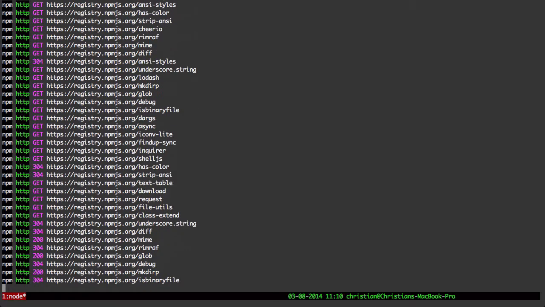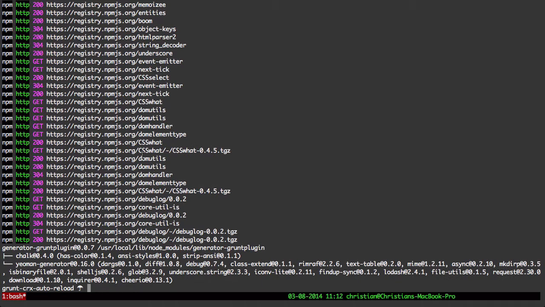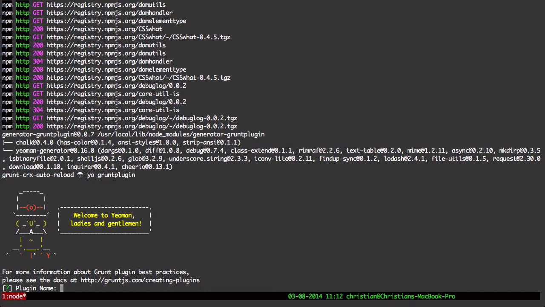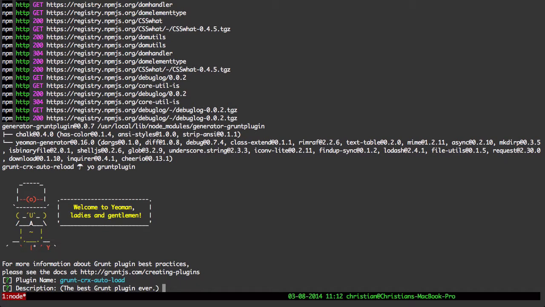Okay, it's going to take a little bit of time. I'll be right back. Okay, I'm back. The install went just fine, and the command to run the generator is going to be yo grunt-plugin, and we should get a wizard here asking us some questions. Plugin name is the first question. Grunt crx auto reload,